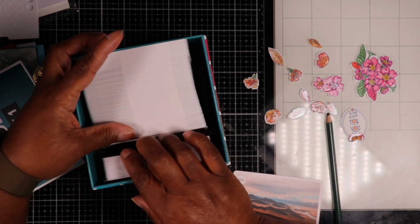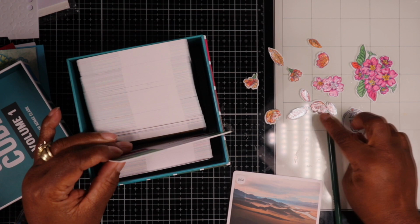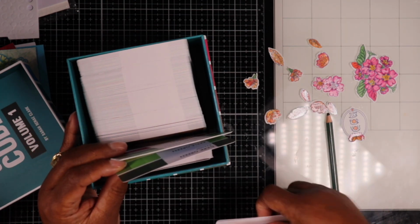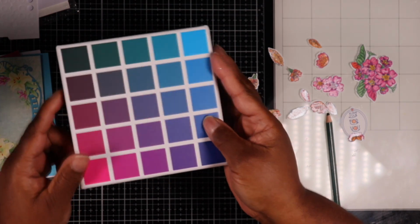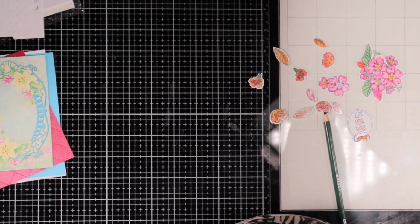I am definitely a marker person, because I use Gamsaw also. In order to get them to be smooth, I have to use Gamsaw, when I can just use my Copic or whatever markers, because I have a bunch of different markers. I won't have to do that, because when you color